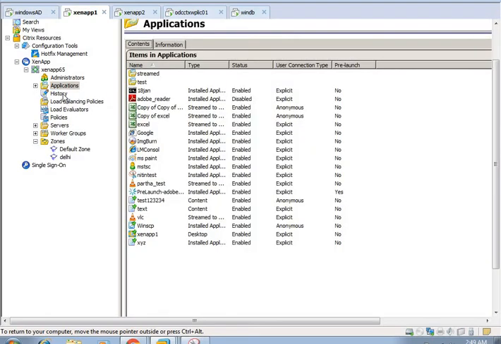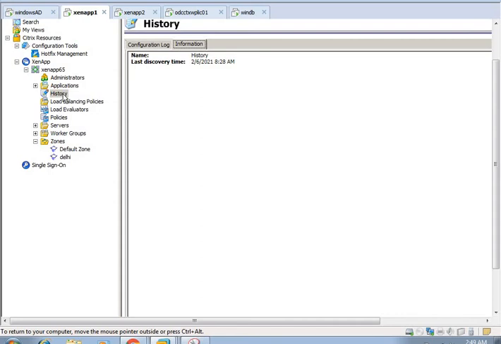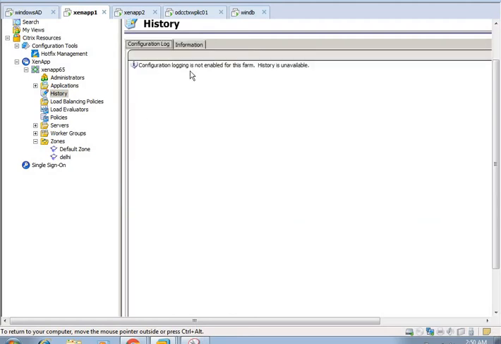And now is the history option. The history option is basically for the configuration logging database. Whatever changes are made by the Citrix administrator are stored in the configuration logging database.